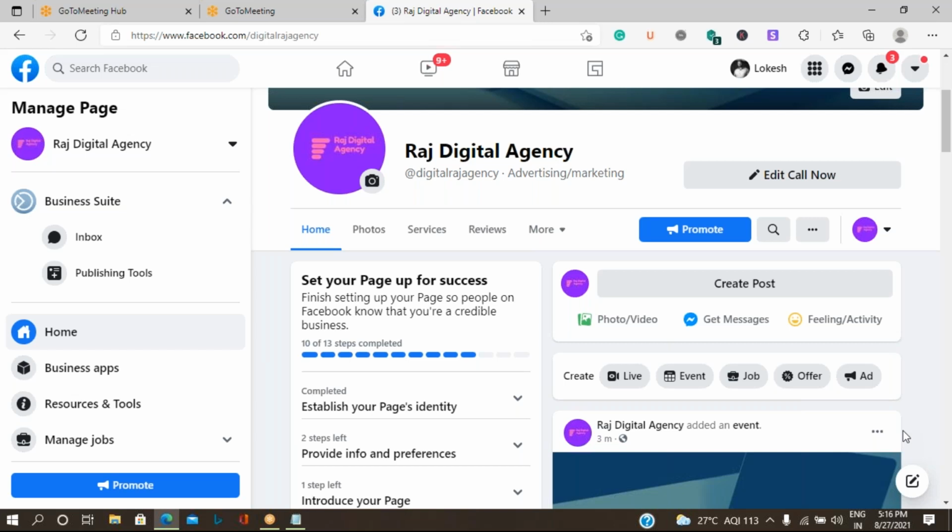I want to give a particular timing so that the post reaches at that particular timing only. That means I want to schedule the post. You didn't have an option over here to schedule it and select the date and timing. It was directly asking you to click on the post option and it was being posted.